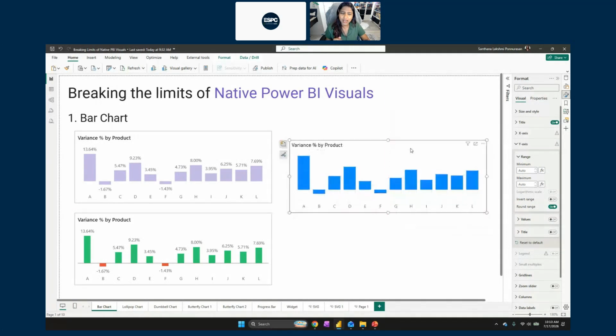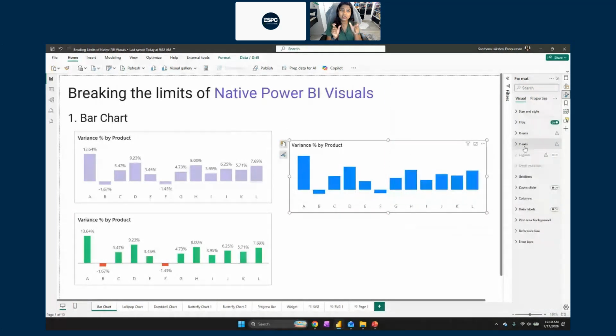Plus, it looks a little cleaner. Next thing, I don't really like when these bars are really wide. Now, Power BI does not have an option of controlling the bar width. So what I found is, instead of controlling the bar width, you can actually control the space between two bars. So if I increase the space between two bars, my bars automatically reduce the size of the width.